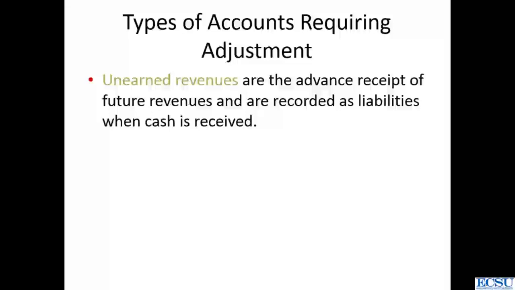Next adjustment that we need to do is with regards to unearned revenues. Now, unearned revenues are advance receipts of future revenues and are recorded as liabilities when we receive the cash. Now, you may ask the question, why are we recording this as a liability? Because if we do not perform the services for which we received that amount of money, we'll have to repay